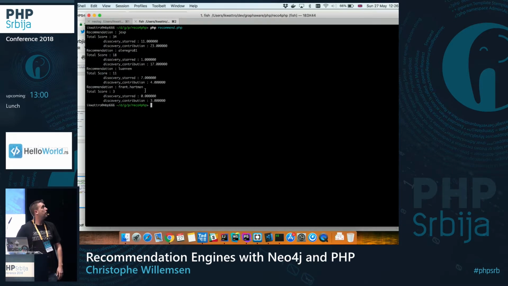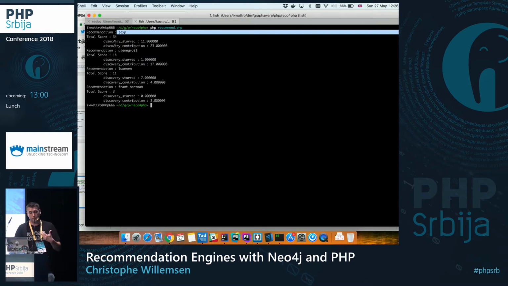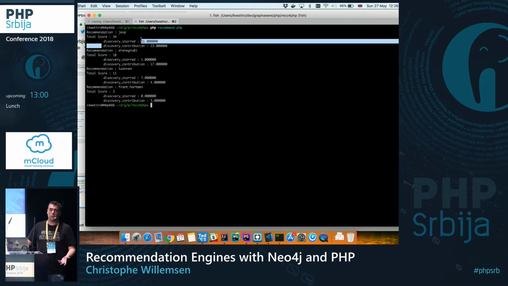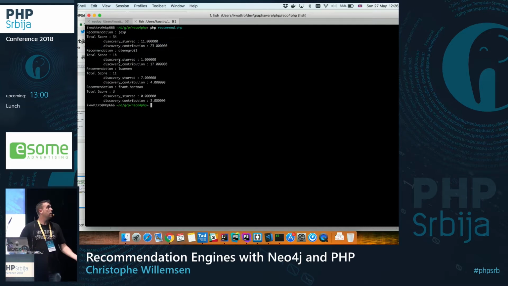Okay. So here, it recommends me one person, and the good thing is that it tells me why it recommends those people. So I can track, I can log, I can create analysis on the recommendations served to the user. So here, start 1 point, because we store one repository in common.